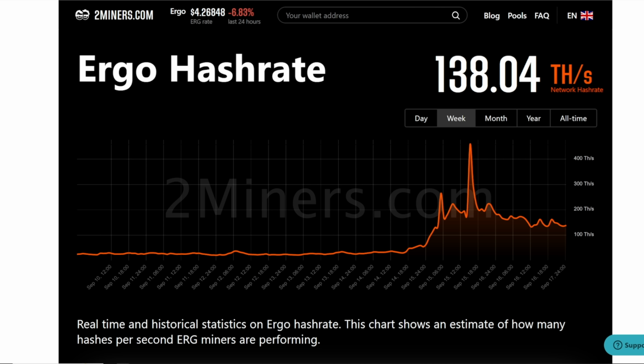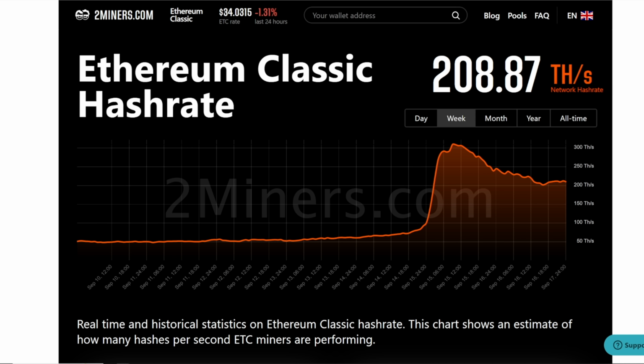Looking at the network hash rates for a lot of these coins recently, after the merge, right? Ethereum Classic went up a lot. I was surprised, though. It's at around 200 terahash now. I thought it was going to go up to like 400 or something. But maybe a lot of ASICs decided to turn off. I'm not quite sure. Maybe they're on ETH